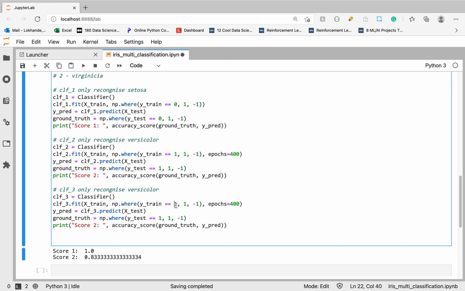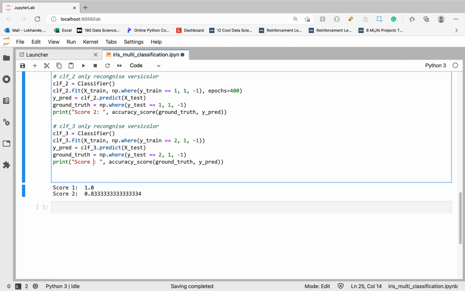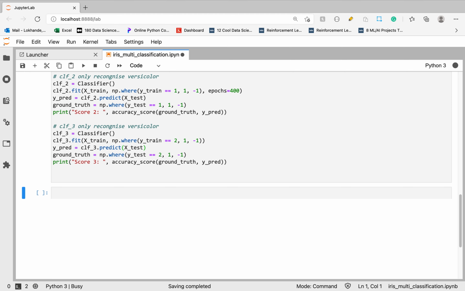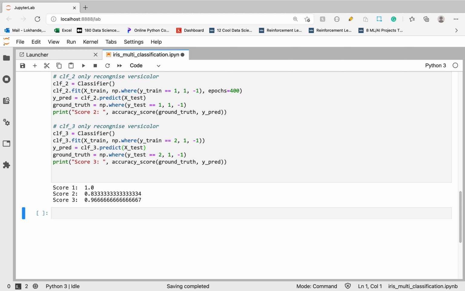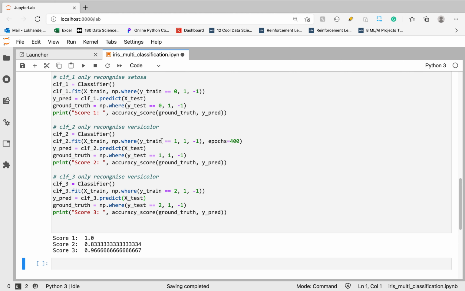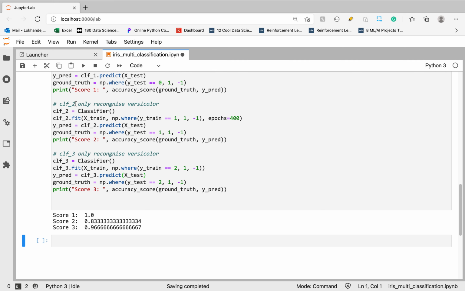I need 2 here. So let's run this thing and see what the score of classifier 3 is. Okay, classifier 3 is 96% accurate, meaning classifier 3 is doing a good job recognizing instances belonging to virginica or not. So we built our 3 classifiers.